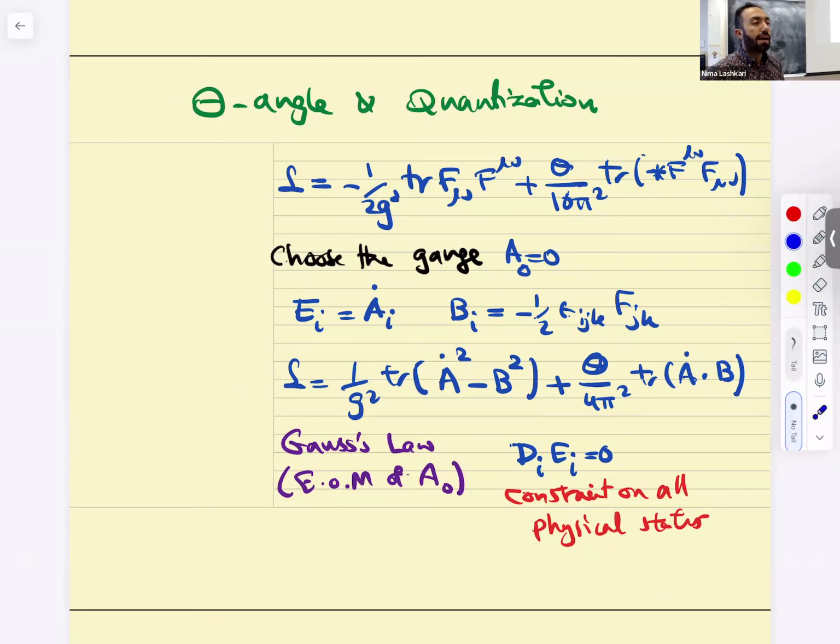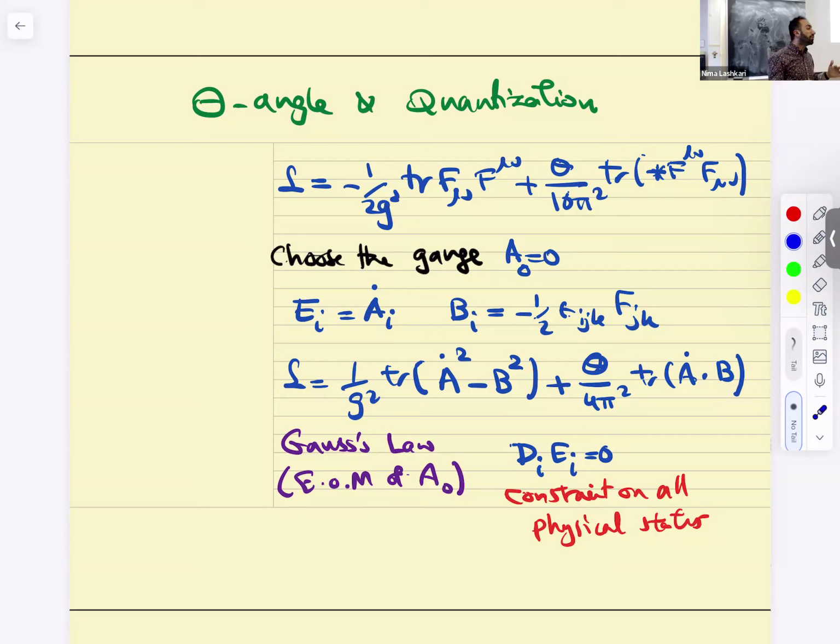So first thing is I'm now going to start talking about non-abelian gauge theory. Here's a Lagrangian. This is the Yang-Mills term. Here's the theta term. One thing that's important is that every time I'm talking about these kinds of gauge theories, there are two things I do. I sometimes talk about setting A_0, the 0 component of A, equal to 0 as a gauge choice, and write everything in terms of three-dimensional things.